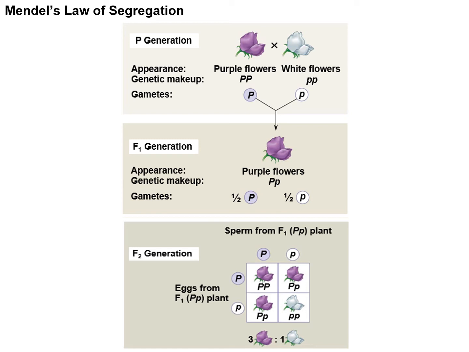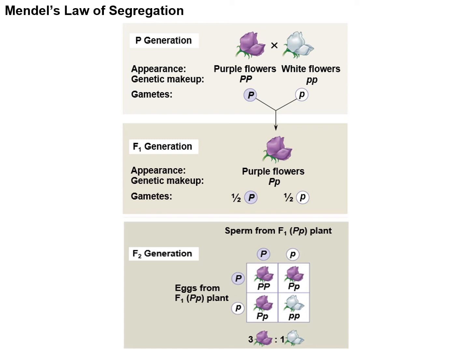This illustration shows the cross we reviewed in the first slideshow of a purple flowered plant with a white flowered plant. But let's review the experimental setup and results once again using the concepts and vocabulary we have learned since. Recall, the parent generation is true breeding. Now that we have talked alleles, and remember, we are using upper and lower case letters to represent dominant and recessive alleles respectively,